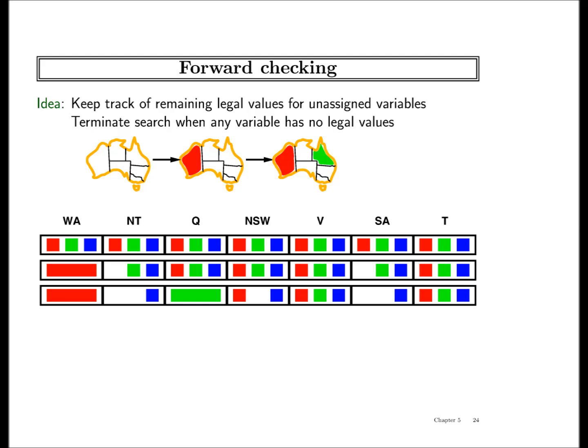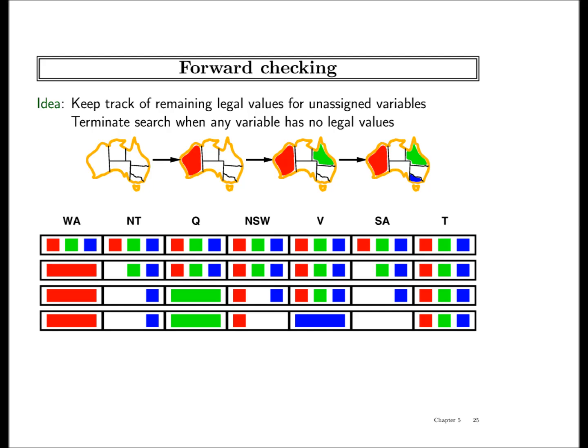Is this assignment feasible? Will this path give us a solution? No. NT and SA cannot use. Exactly, but we don't know this yet. Notice that we have come down the search path, we have assigned some variables, but we haven't been able to detect failure, although we know that this is a failure, even in this small example. Let's keep going. We choose Victoria and we assign it blue.